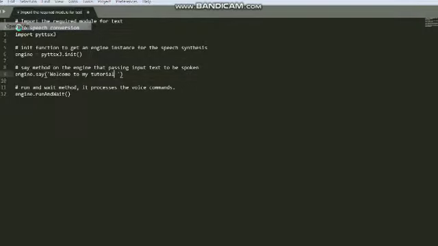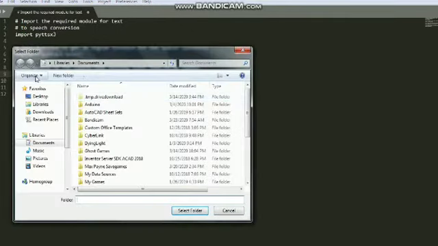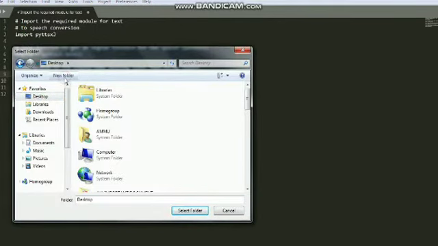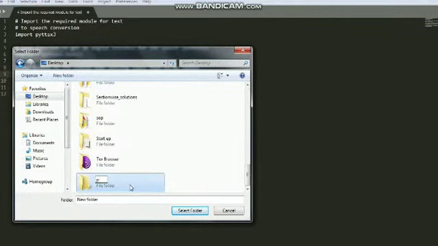Let's first create a new folder. On the desktop, new folder, Python TTS.